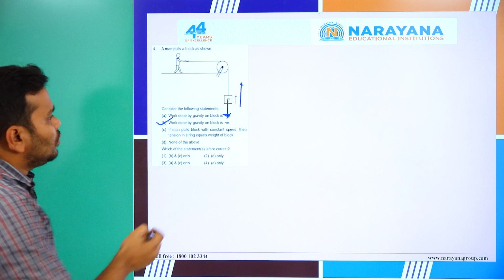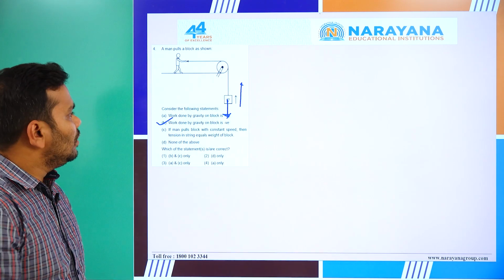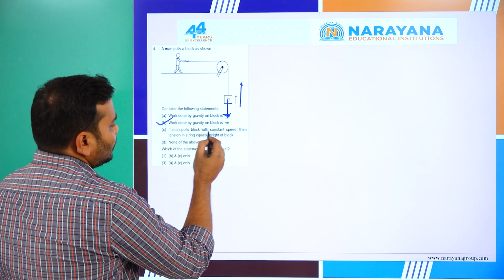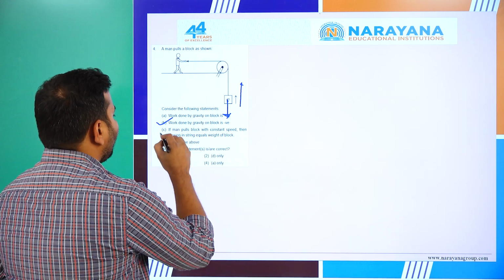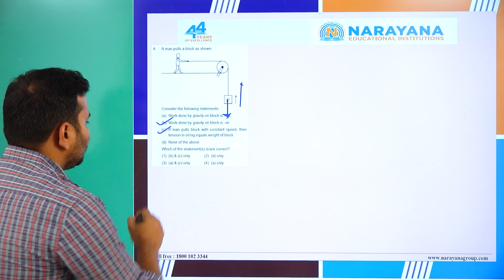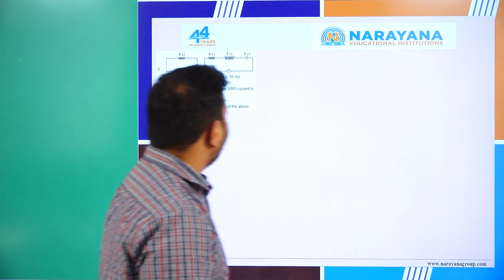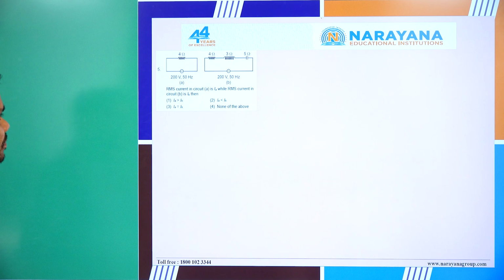Yeah, obviously. When the block is moving with constant speed, the net force acting on the block is 0. So that is why I can say the tension is numerically equal to the weight of the block, right. So now B and C are the correct options here. It's a straightforward question, and we will go for the next question. So in the next question, see,